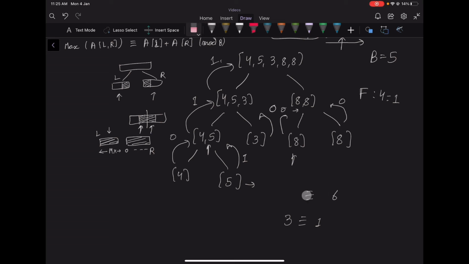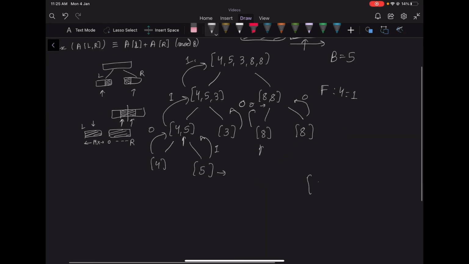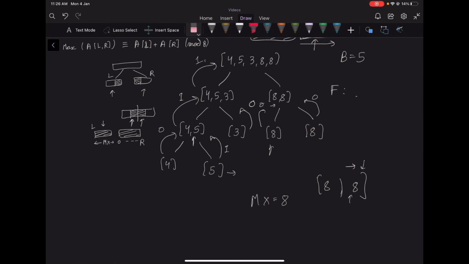Now for 8, 8, we will do the conquer part. So we first assume that the maximum lies in the left part. So we have 8, 8 and a partition here. So the maximum lies in the left part. Our current maximum is 8 and we will try to increment our right pointer from here as long as the values are less than or equal to 8. So we can actually move to this 8, right? Our right pointer can be here since this 8 is less than or equal to 8, and we'll update the frequency of 3 because we are storing the frequencies modulo 5. So the frequency of 3 will be 1.